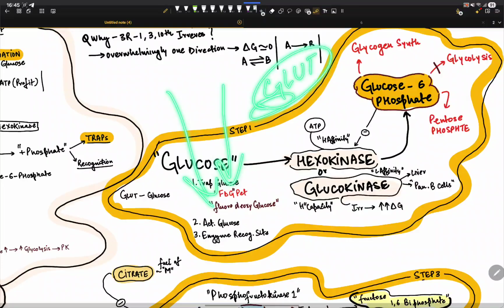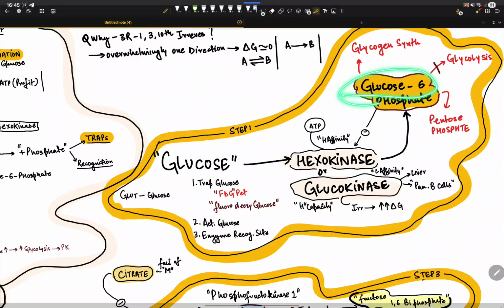And if you want to keep the glucose inside the cell, you need something like hexokinase or glucokinase that will put a negative charge on the glucose, which makes the glucose very polar. And once it's polar, once it's charged, it's going to get stuck inside. Now, once the glucose is in this form called glucose 6-phosphate,